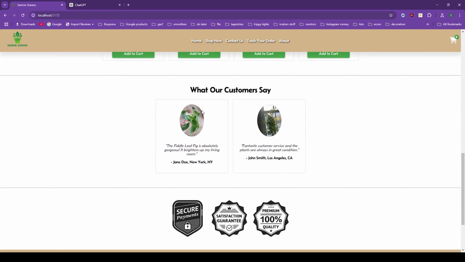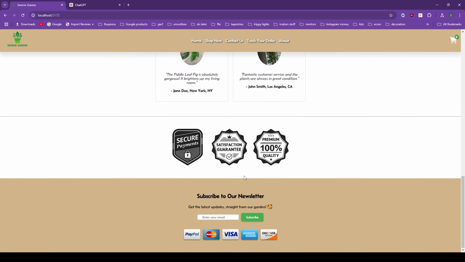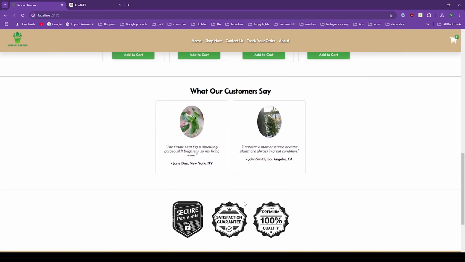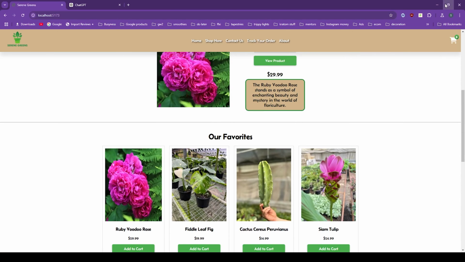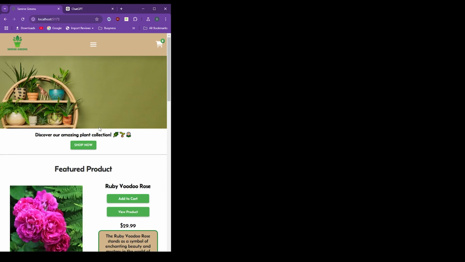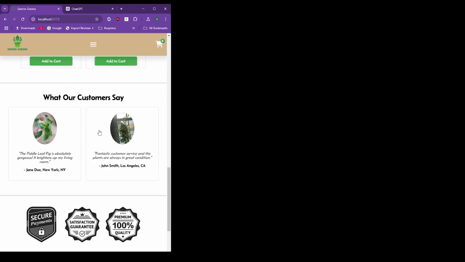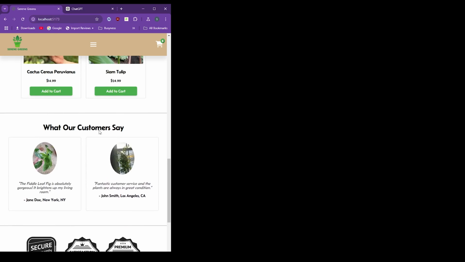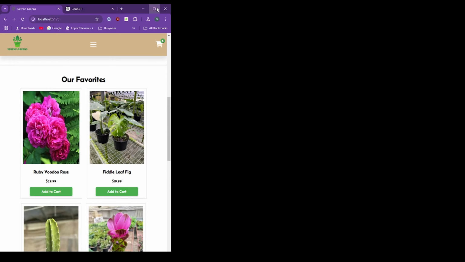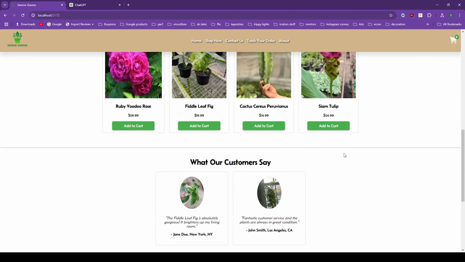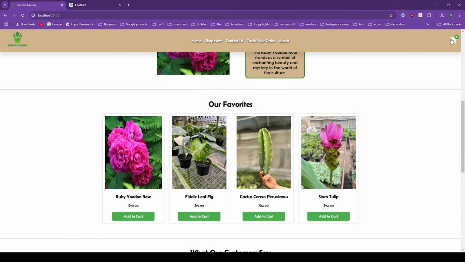This is a customer testimonial section. And here is some trust badges, and there's the footer again. By the way, if I make the screen smaller, my homepage still looks just as good as it does in full screen. And so now let's go check out the cart page. So if I click on the cart button,